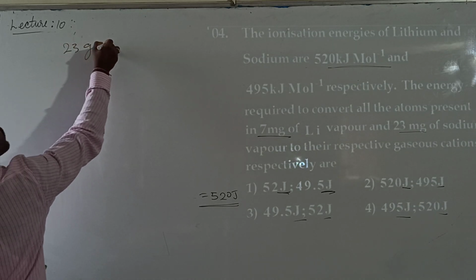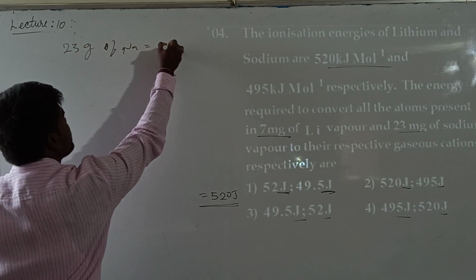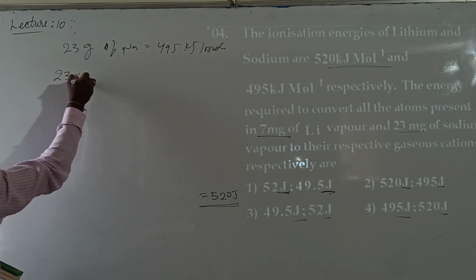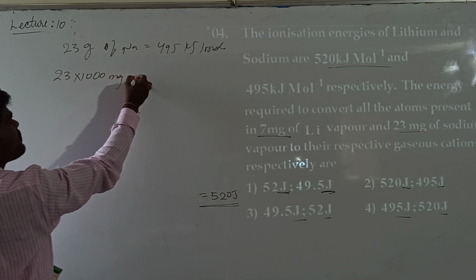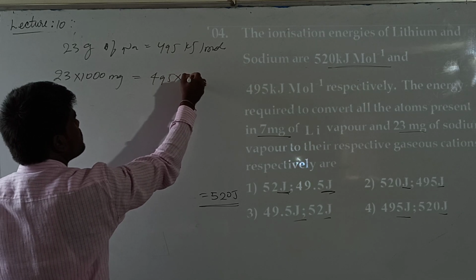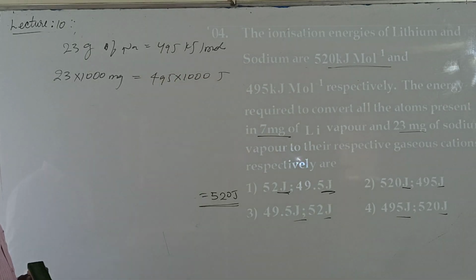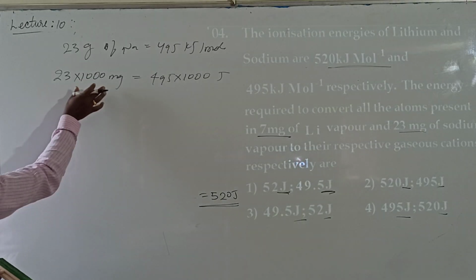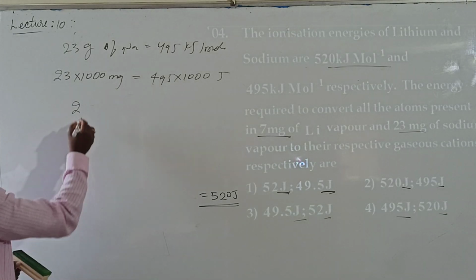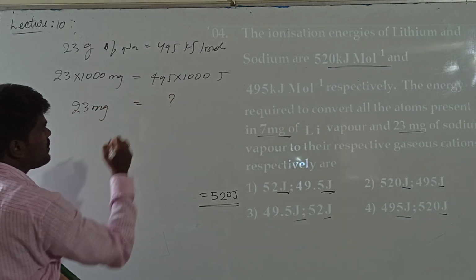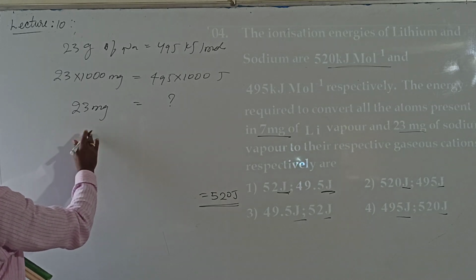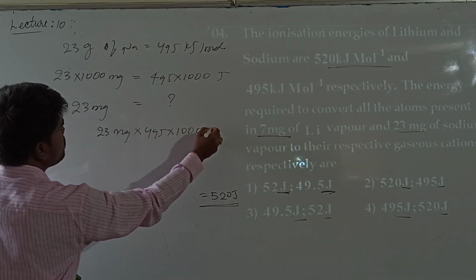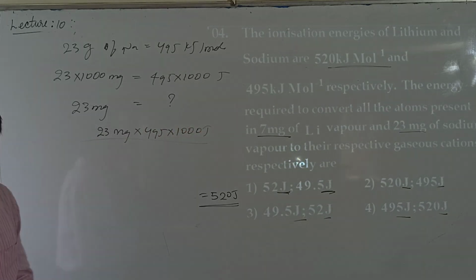23 grams of sodium requires 495 kilojoules per mole. 23 grams, in the sense 23 into 1000 milligrams of sodium, requires 495 into 1000 joules per mole. So what is being asked? If 23 into 1000 milligrams requires this much joules, 23 milligrams requires how much? Here also it is simple cross multiplication. 23 milligrams into 495 into 1000 joules by...